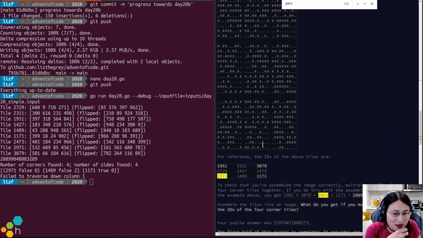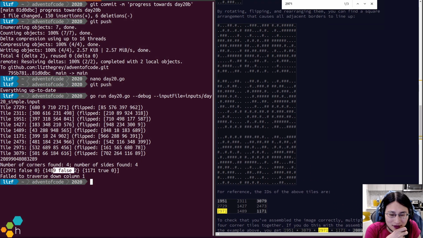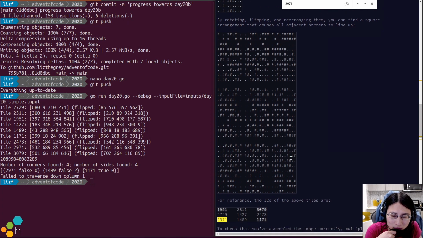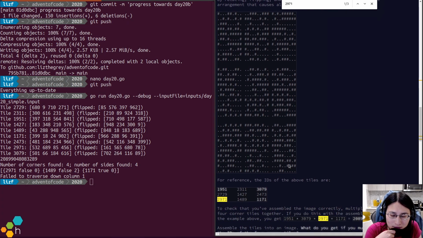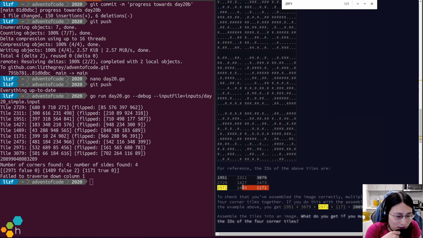And 1489, it says that it should be false, comma 2. Not flipped, rotated twice. Okay. Let's check that theory.